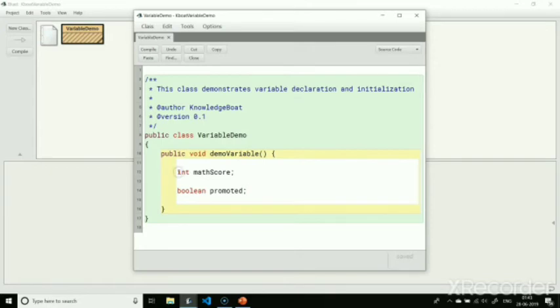The first example declares a variable of data type int and names it mathScore. The second example declares a variable of data type boolean and names it promoted.